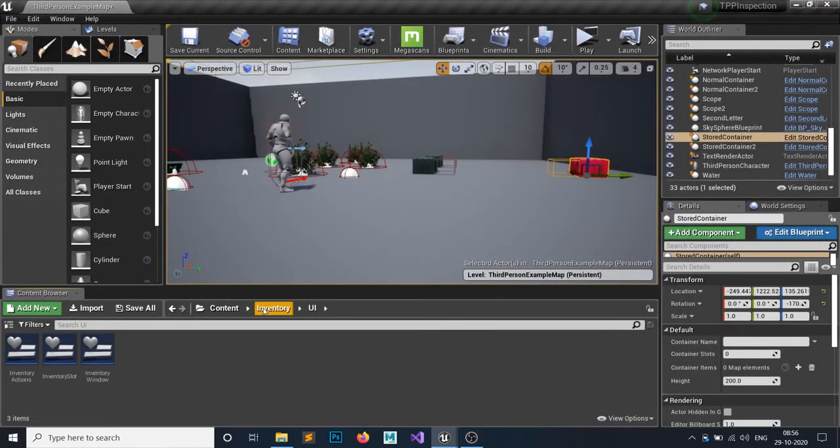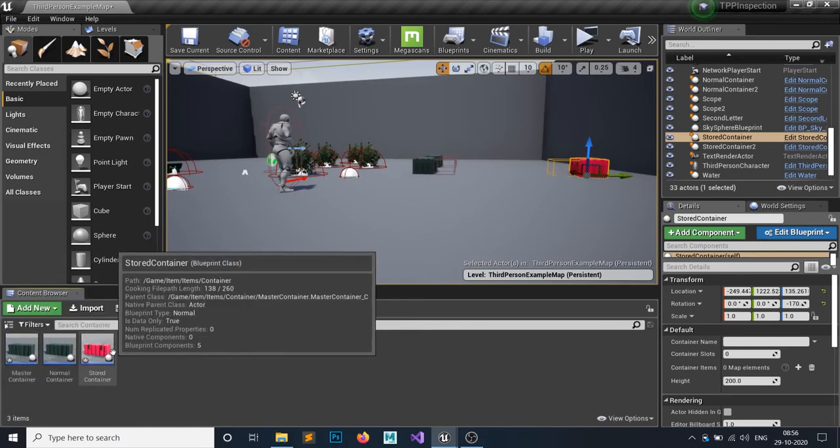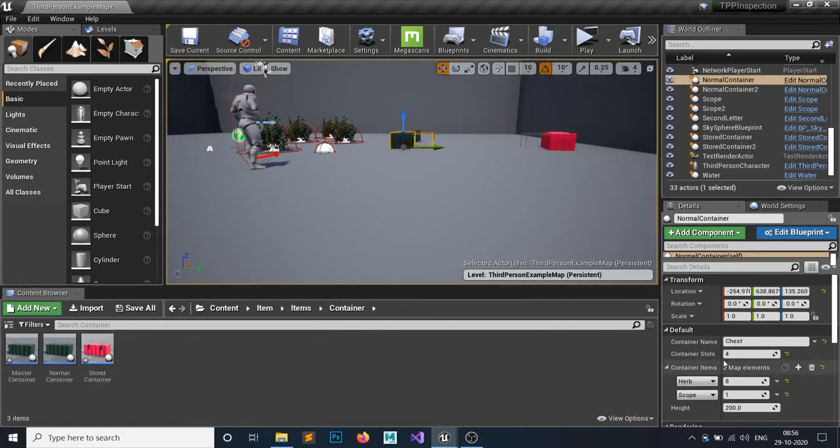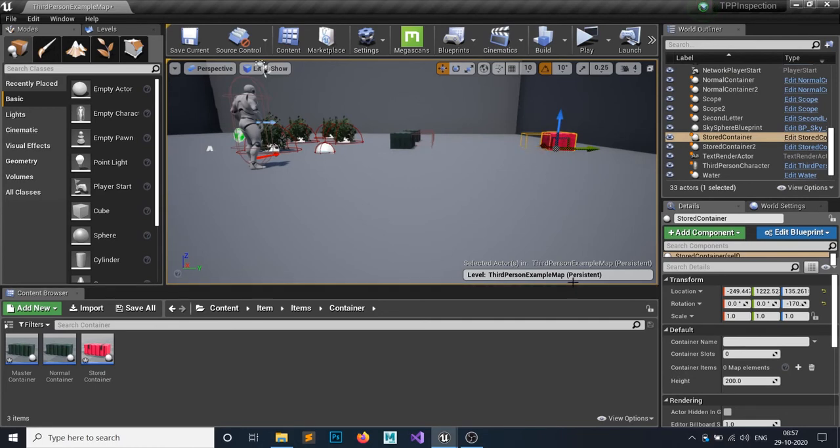Now, where was our component, this was. So you can see on the master container we are simply setting these items, and then after on begin play we're gonna simply add the inventory to the item. For that we have to do the same, but not on this. So I'm simply gonna call this container name Stored Chest, and the rest of the things should be as it is.